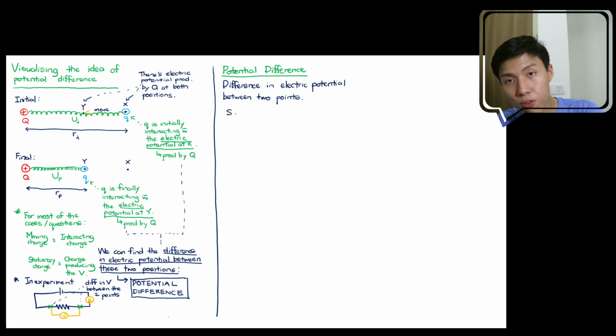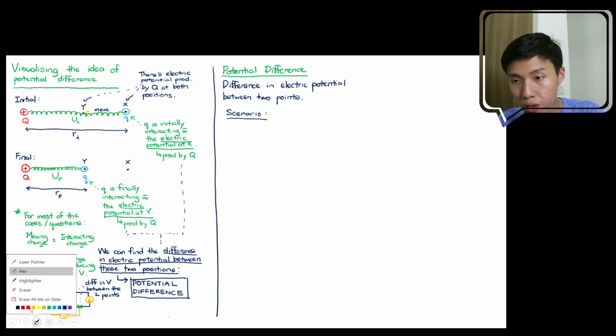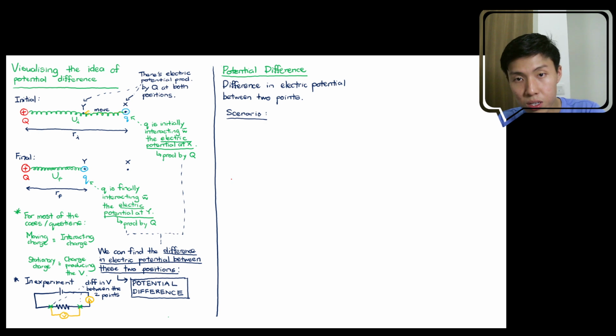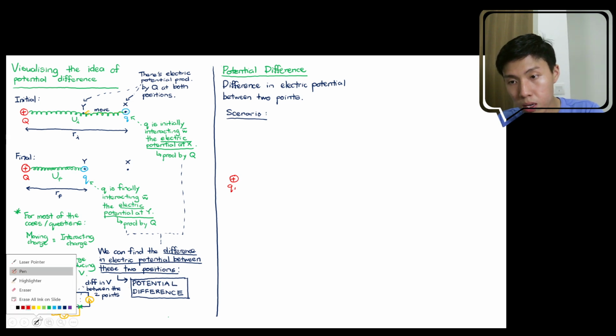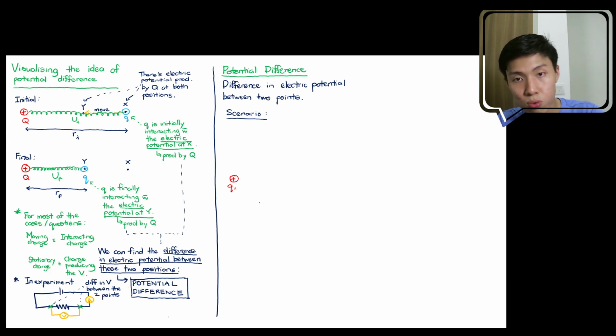Here I'm going to give you a scenario. Let's say today you have Q1 over here, and let's say you have Q2 over here. If I want to find the electric potential at X, I want to find the electric potential at Y,